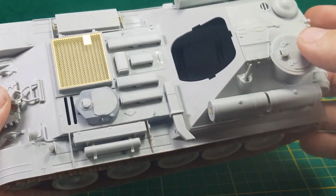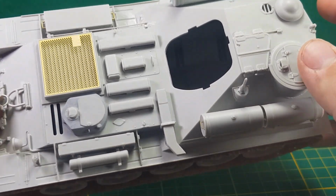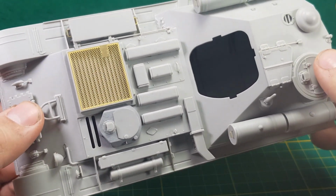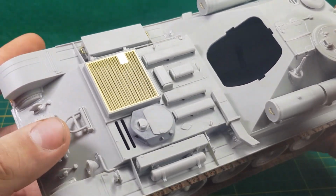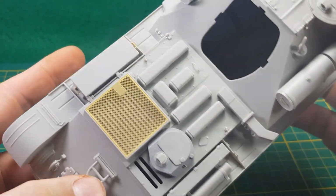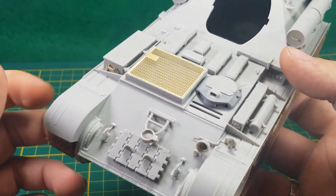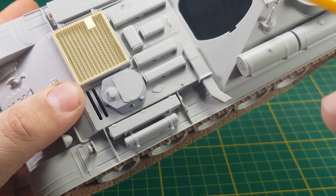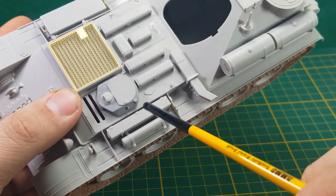Next, the engine deck, also nothing special. The big PE mesh is perfectly fitted, so it's easy to place. I also added the cast texture on the driver hatch,